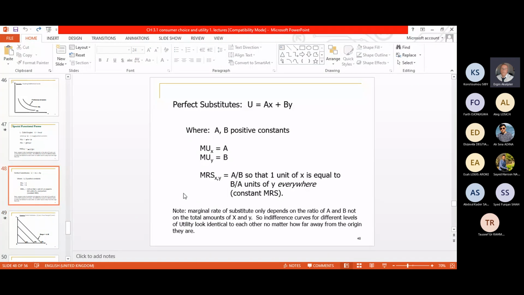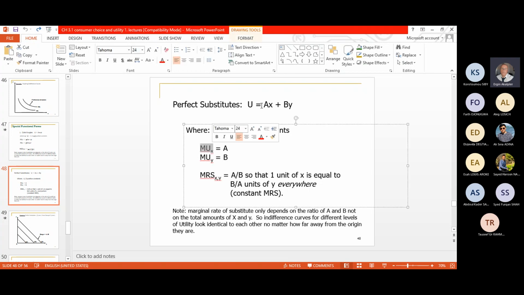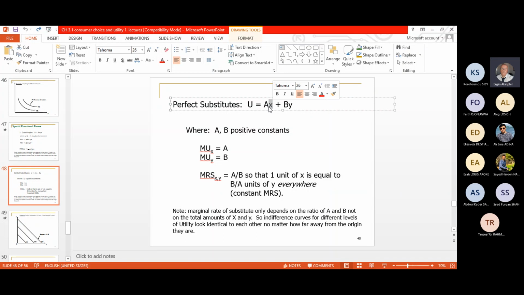Sorry. And then the perfect substitutes, if it is given, then u equals ax plus by, where a and b are supposed to be constants. As you see, when we are taking the marginal utility of x, we are going to take this only, isn't it? You understand? Because this is 0. There isn't any. Then x, if there is an x, the differentiation is x to the power of 1 minus 1, so x becomes 1, isn't it? Then you have a. And for the b, you have b, because y